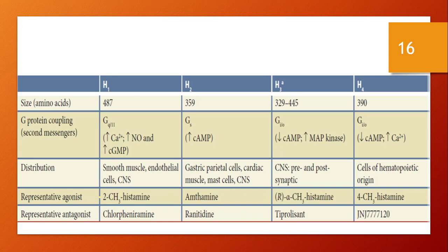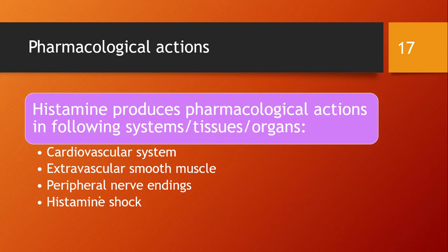Okay, so we are only going to focus on the antagonists of the H1 and H2 receptors. We are not going to see any of the drugs that act on the H3 and H4 receptors, may it be agonist, may it be antagonist. Okay, the reason is that there is no drug which is FDA approved, and we will be considering only the drugs which have been in the market since ages. Okay, and the H1 and H2 blockers have been in the market for the last 50 years.